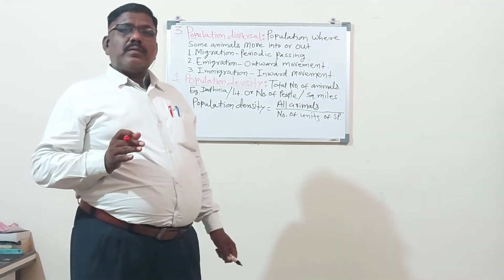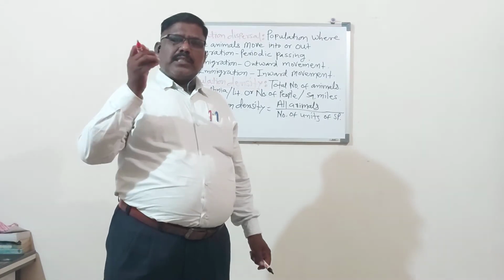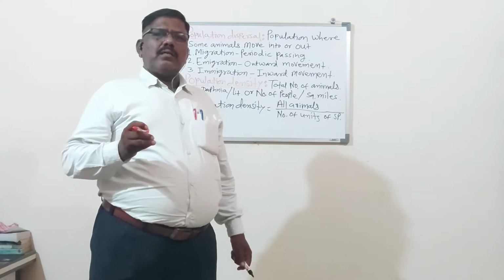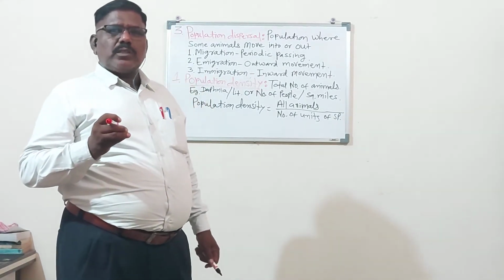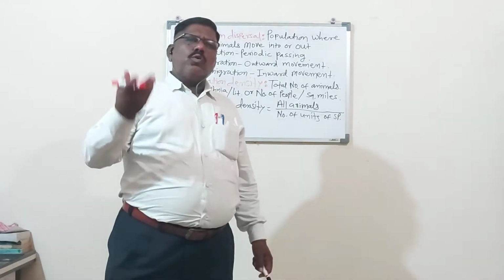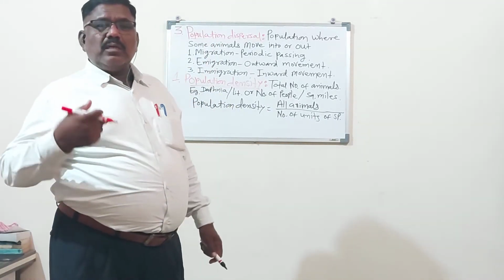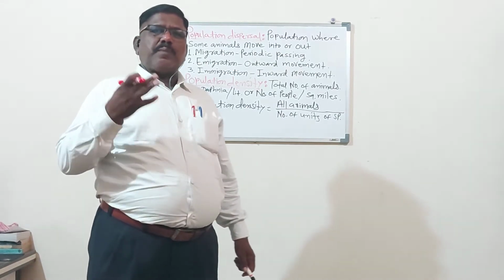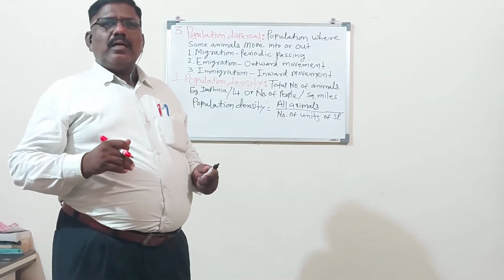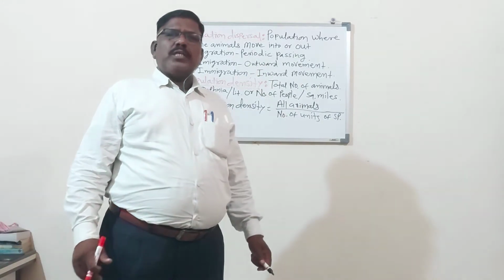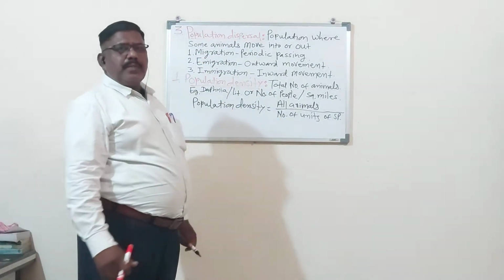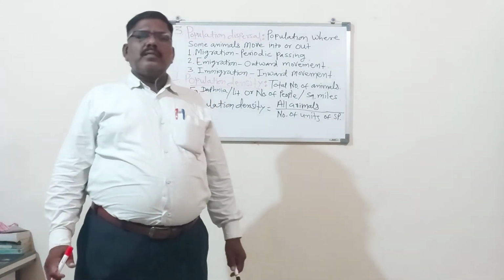And population means a specific species, एका ठराविक प्राण्यांचा समूह, that is called as the population. For example, the elephant population, tiger population, human population, snake population, frog population, and from this population some of the animals, they are going anywhere, that is called as the dispersion. So population dispersion. So what is the population dispersion? The systematic definition of population dispersion is